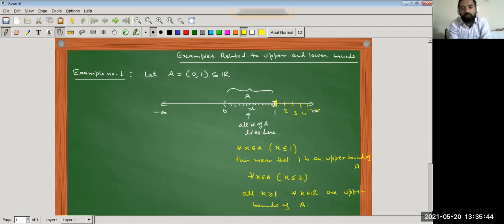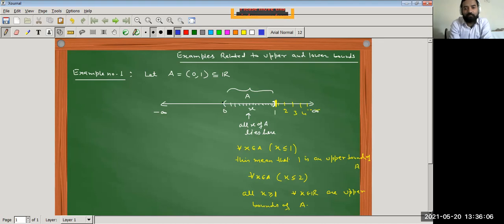So here in this example we can find 1, 2, 3, 4 and so on. We can say for all x greater than or equal to 1, x belongs to real numbers, are the set of upper bounds. Now in the same way